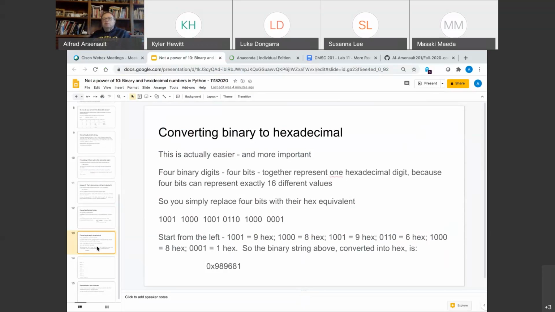Everything is one of two values. But again, we as humans want to do this. It turns out that, of course, 16 is just 2 to the 4th. So what you do is you can group 4 bits together, and that will represent exactly 1 hex digit. Okay? So what you do is a table that tells you, and I think that's the next slide, if you